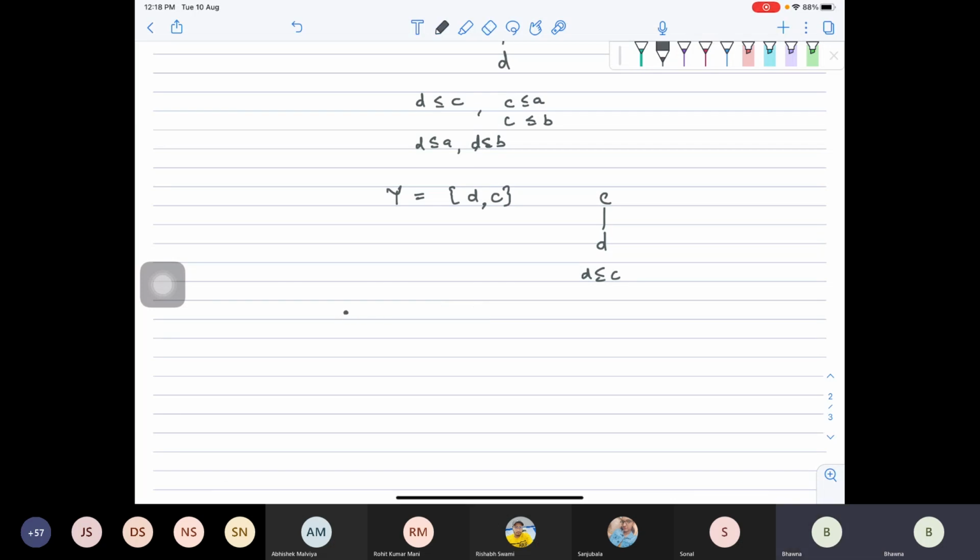But upper bound will be of a poset. We can always define an upper bound for a subset of a poset. So, if Y is non-empty and Y is a subset of X, where X is already given a poset, these are the assumptions. Then we can define an upper bound for Y. So we call an element u in X to be an upper bound